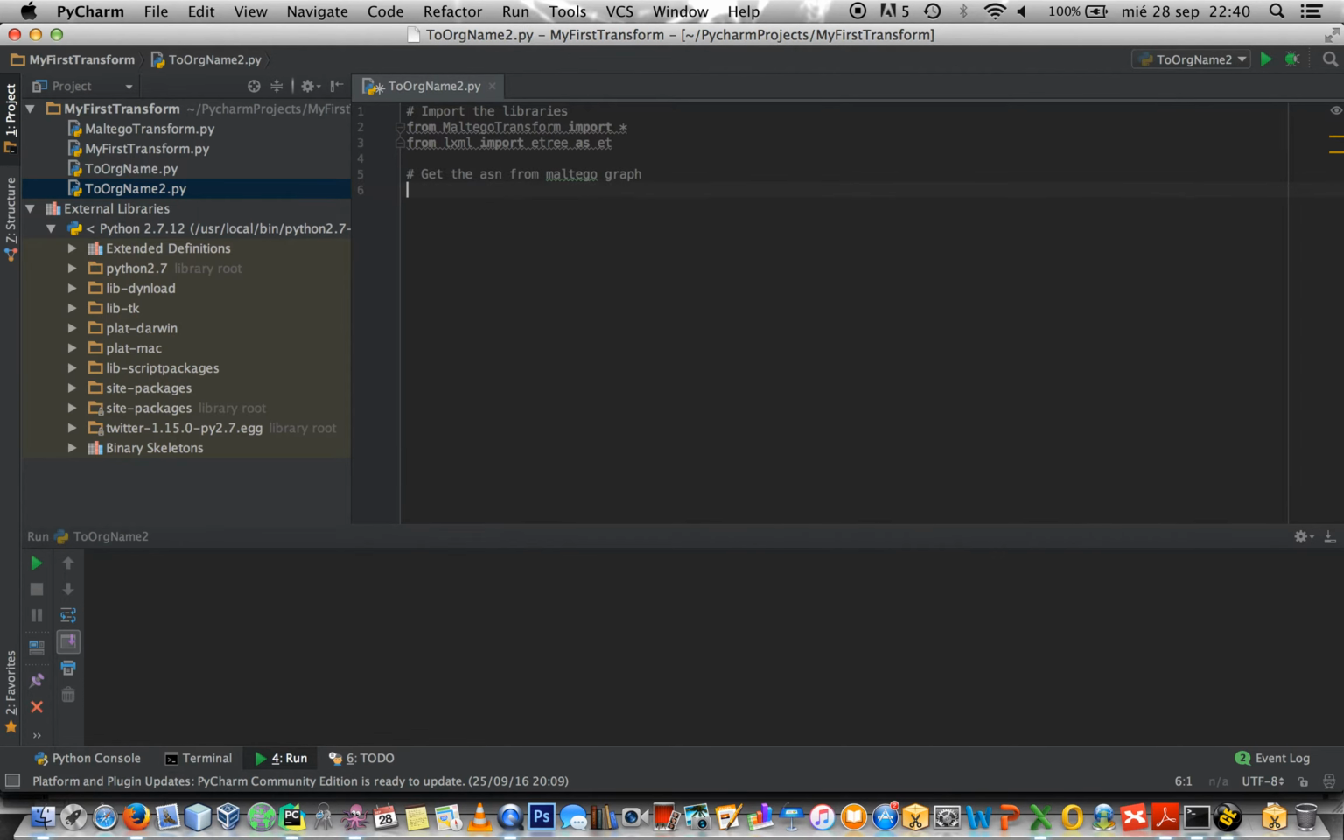Maltego graph. I'm going to store this value within a variable called ASN, and in order to get this value, I'm going to use sys.argv[1]. This will be the content of the label of the AS icon within Maltego. I'm going to get a reference from Maltego transform. So within the m variable, I'm going to store a reference to Maltego transform,